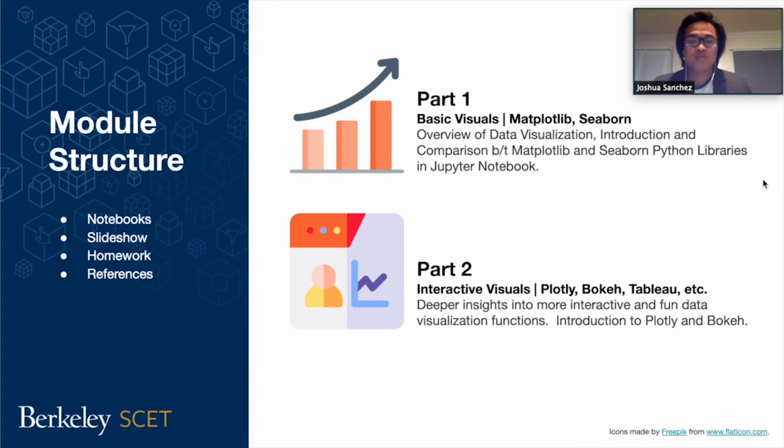We're going to split this module into two parts. The first part will be just basic visuals. So if you're not that familiar with Python, we'll be going over an overview of data visualization, as well as the two libraries that we'll be using. We'll be using Matplotlib and Seaborn. They're very similar. We'll be going through each of those in detail,